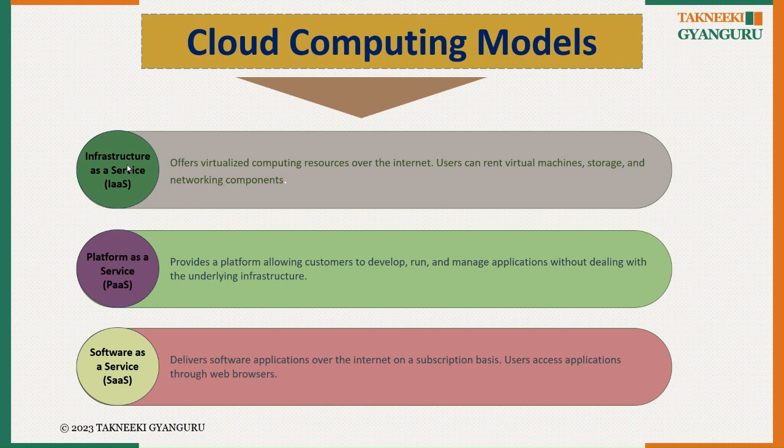Suppose you are purchasing computing resources, like in AWS we say EC2, Elastic Compute Cloud. EC2 is basically a virtual machine, right? They will provide you the virtual machines, and you have to manage the virtual machine on your own. The cloud provider won't manage the resources. That is called infrastructure as a service. So we have to manage the infrastructure on the cloud.